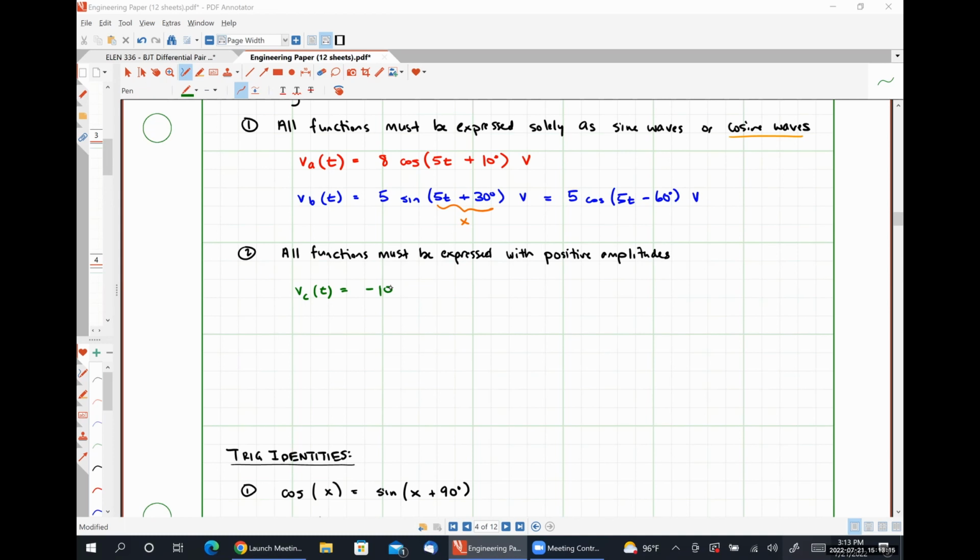Now what we are doing is introducing a second criterion for comparing sinusoids. And that second criterion is that all functions must be expressed with positive amplitudes. And now I am making up a waveform VC of t that has a negative amplitude. And we are going to introduce 2 new trig identities to get rid of negative amplitudes or convert them into